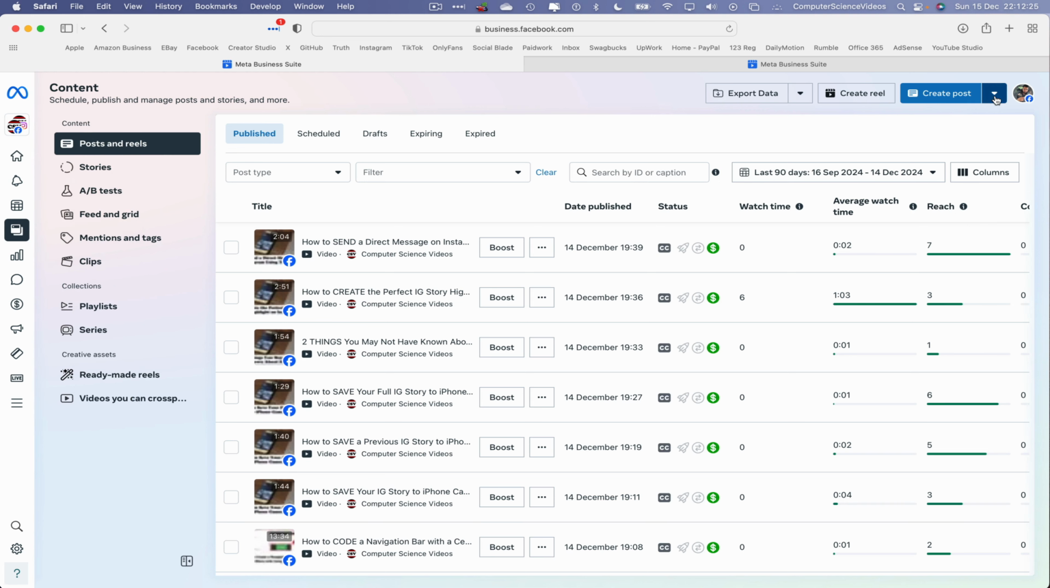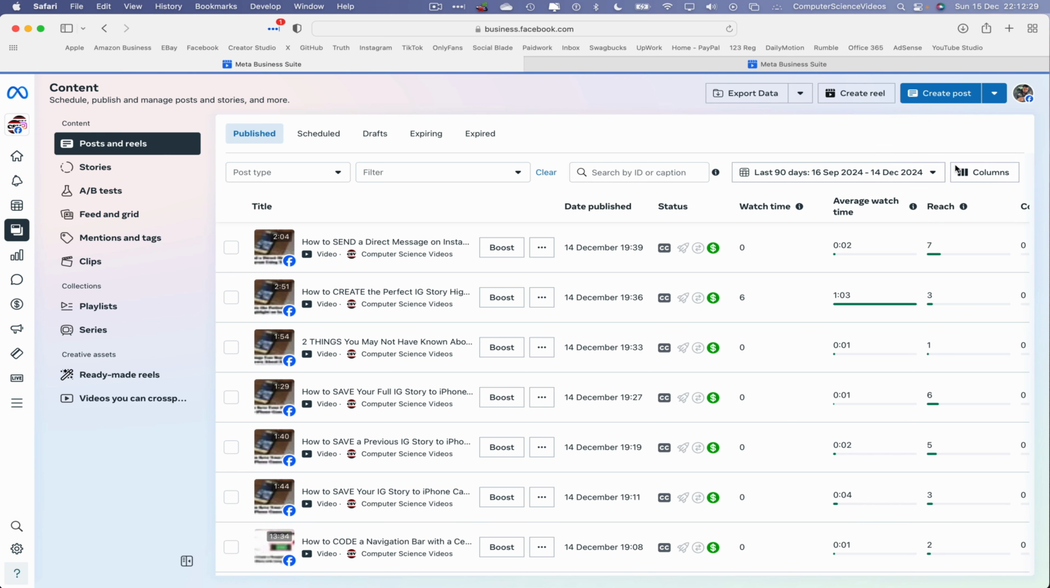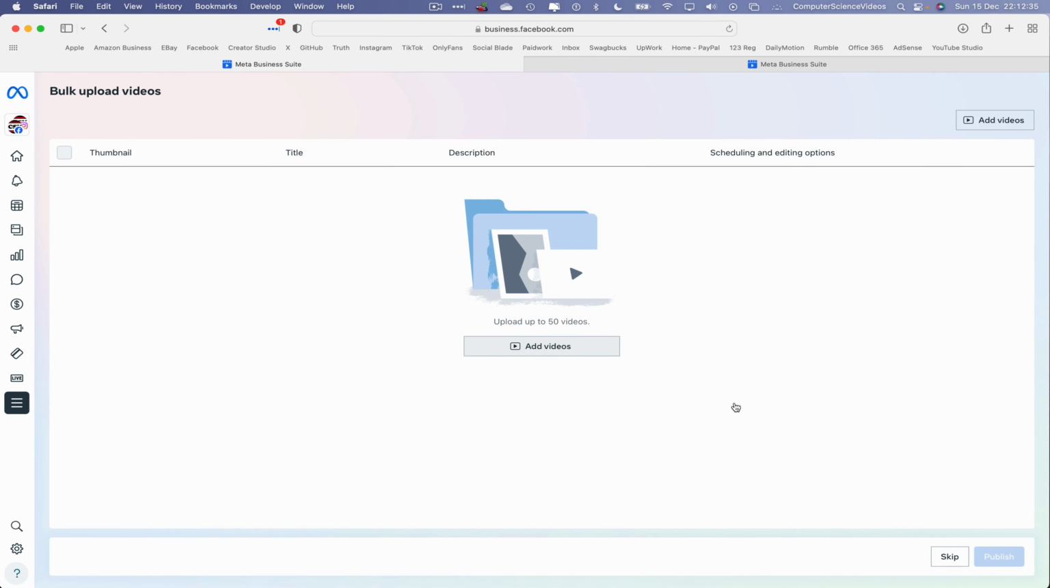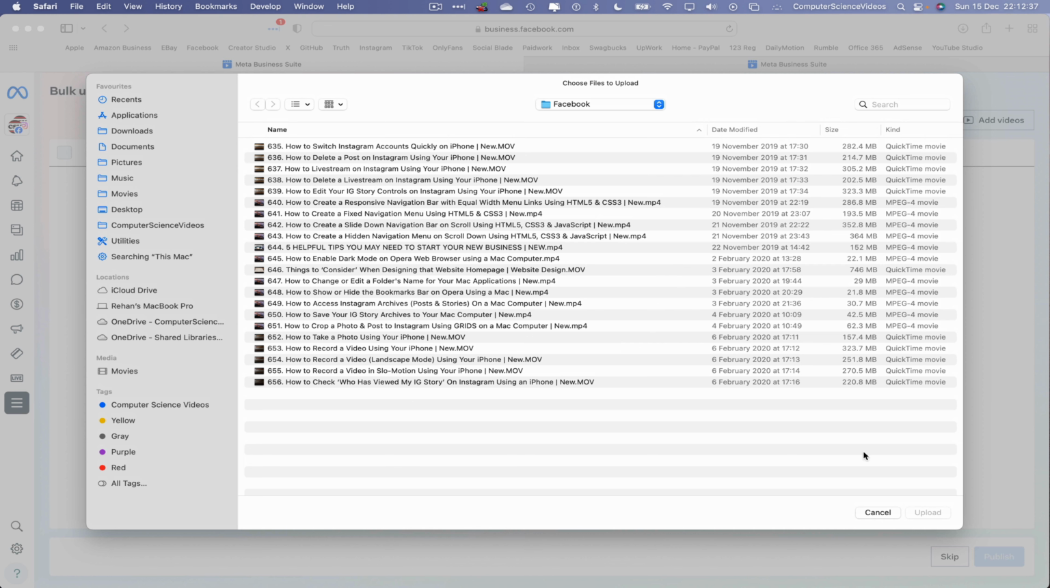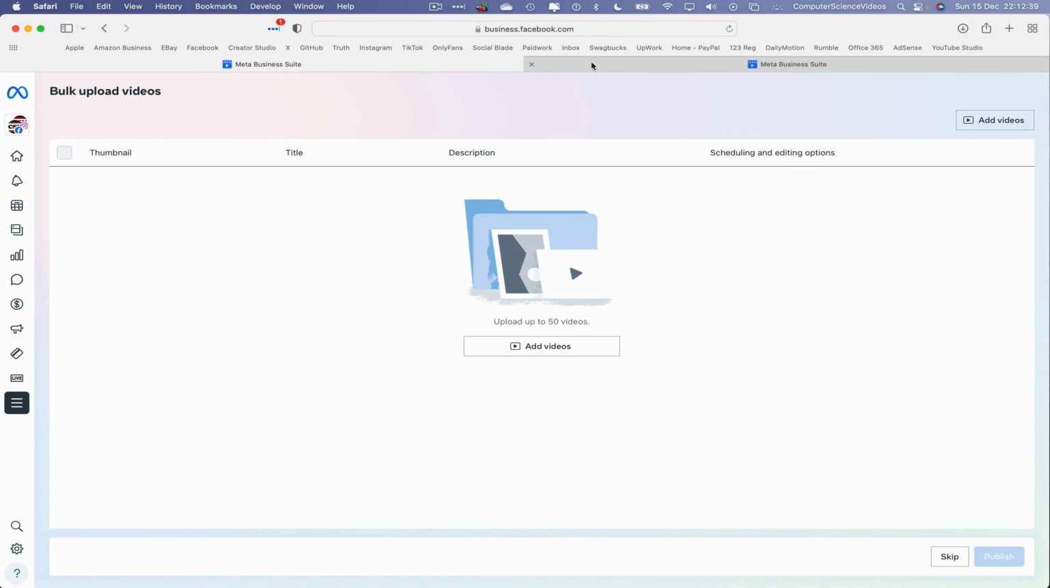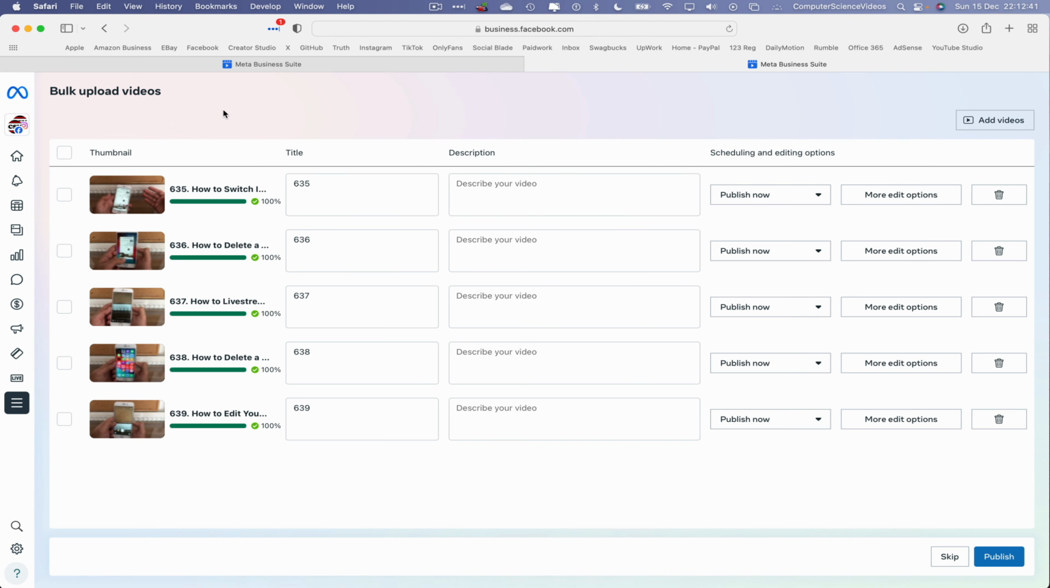Go to Create Post, and then bulk upload 5 videos at the same time. You can then go to Add Videos and then select the videos you wish to upload. Once you've done that, you should see all 5 videos uploaded to 100%. And then if I were to, let's just say, click on Publish, all these videos will be published at the